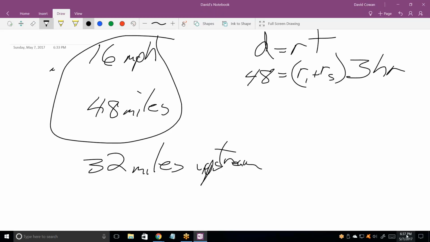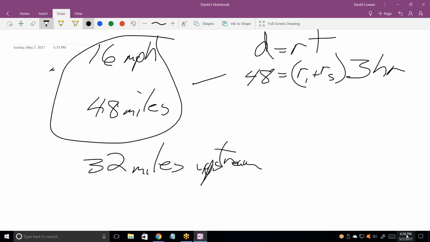So that's the first equation. Second equation, he's coming upstream. Go ahead. So 48 equals the rate of it upstream plus the rate of it